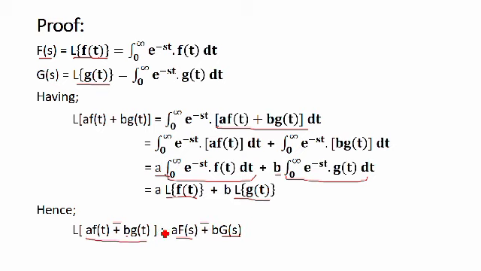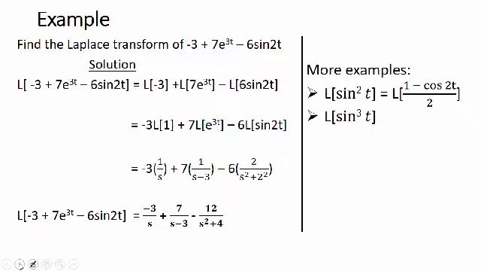So that is it for the Laplace transform linearity property. We can proceed to see an example. If we are told to find the Laplace transform of such an expression, negative 3 plus 7 exponential 3t minus 6 sine 2t, here we shall write that the Laplace transform of that expression is equal to the Laplace transform of each of the functions in the